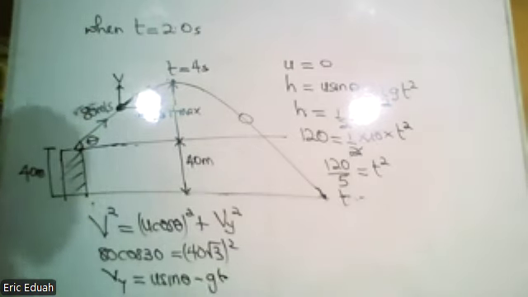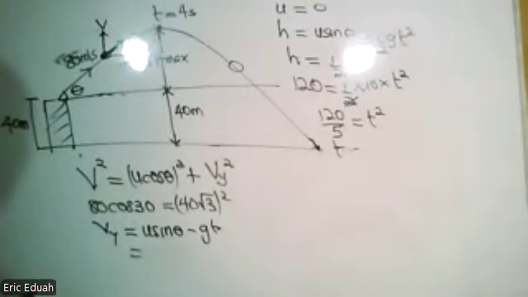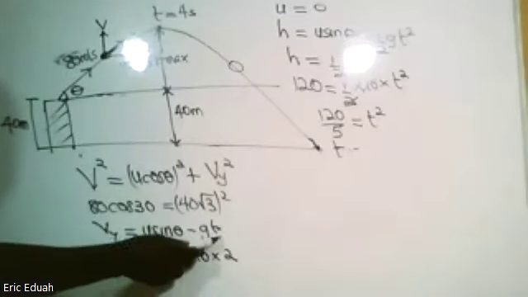So what is U sin theta? U sin theta is 80 times half, so 40 minus 10 times 2. Gravity is 10. The time in question is 2 seconds. So the vertical one is